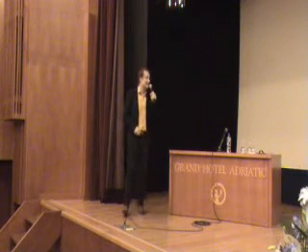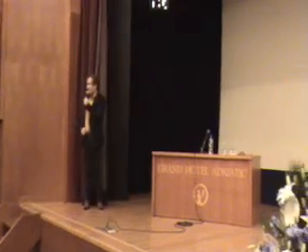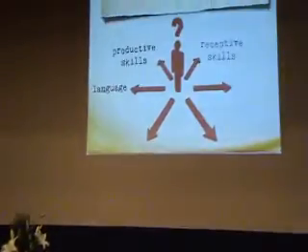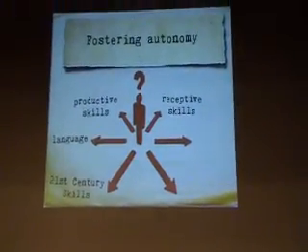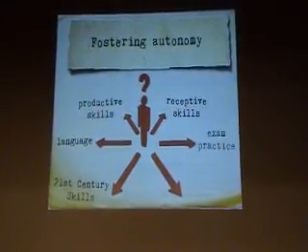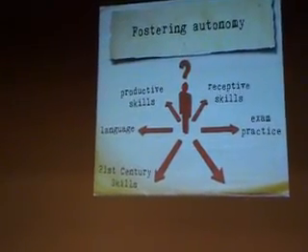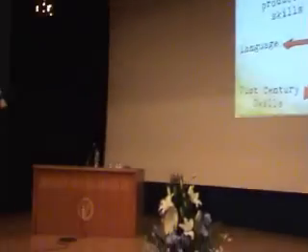And we're going to look at that now. We're going to look at different aspects of autonomy. We're going to look at language, obviously. We're going to look at productive skills. We're going to look at receptive skills, the 21st century skills, which is, you know, critical thinking or using online materials, for example. Exam practice, because I do believe that some business students want to take exams, and the use